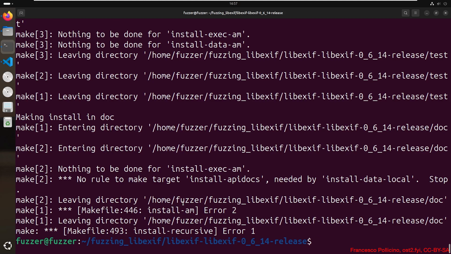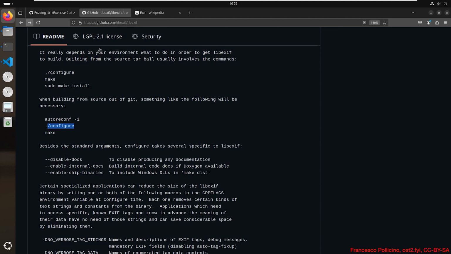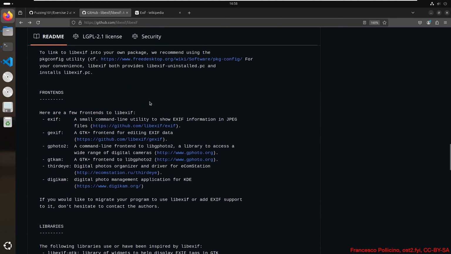For example, here you can see that there are some errors for the docs. Now, since libexif is a library, we need another application that makes use of this library and which will be fuzzed. So we can look again at the Git repo of libexif, and we can see that some are listed in the front-end section.